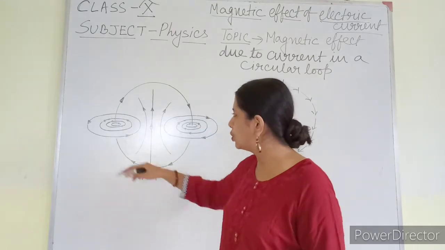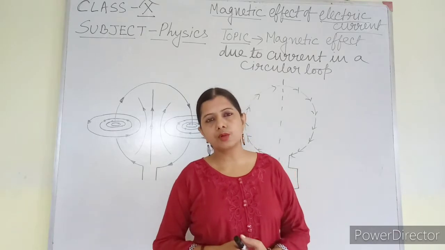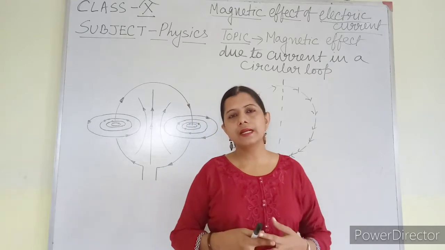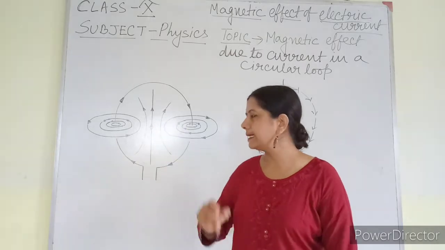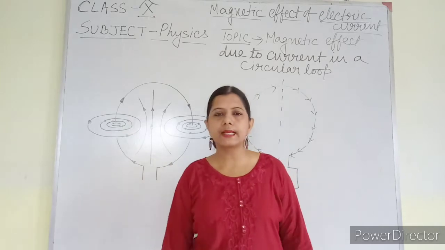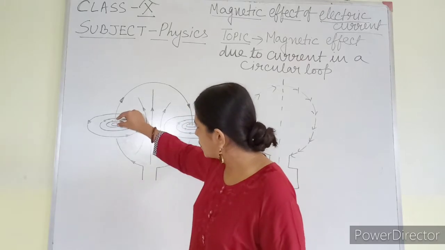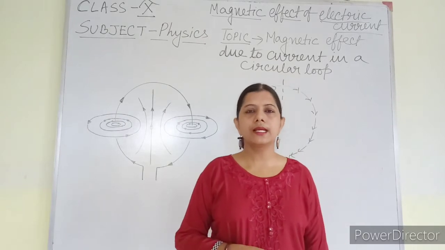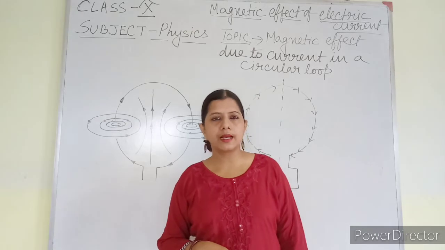Now a circular loop is made up of infinite points, a large number of points. If we try to count the number of points, definitely we are not able to count them, so we can say that it is made up of an infinite number of points. Suppose this portion is taken as a point in a straight current carrying conductor. Suppose this is a particular portion which looks like a straight current carrying conductor. So the magnetic field will be the same as in the case of a straight current carrying conductor.